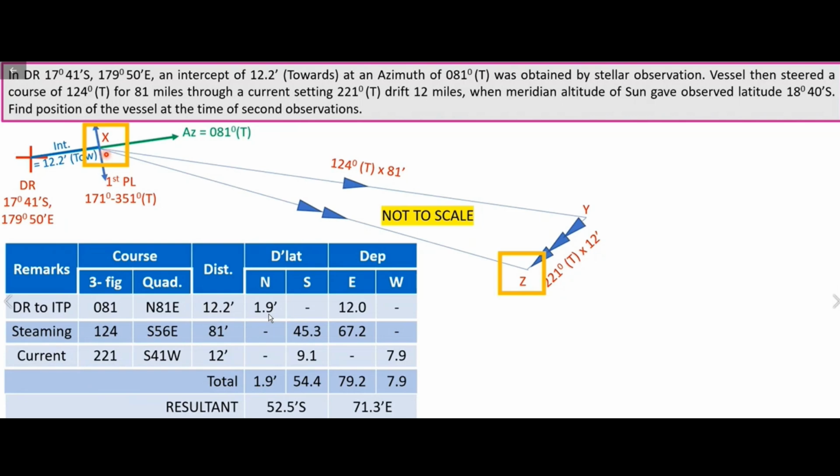Oh, 1 decimal place is enough बेटा। हम लोग डीलैट और डिपार्चर की जो एक्यूरेसी है, we take up to only 1 decimal place, no more. ओके सर।